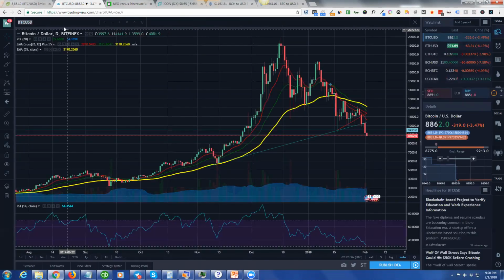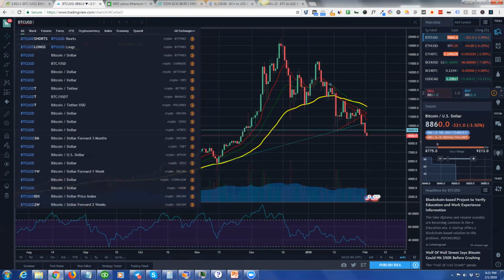So in TradingView, if the exchange I'm trading on is Bitfinex, then it only makes sense that I actually use a Bitfinex chart. If I'm on GDAX, I'm going to use the Coinbase chart, right? If I'm on GDAX, I don't want to be using a Bitfinex chart because you can see the prices are different. The chart's going to be different. So you can see here we have Bitfinex, Coinbase, Bitstamp, Bittrex, Binance, Poloniex. So all of the major exchanges have their own, and again, TradingView is great because you can pick whatever exchange you're on and look at